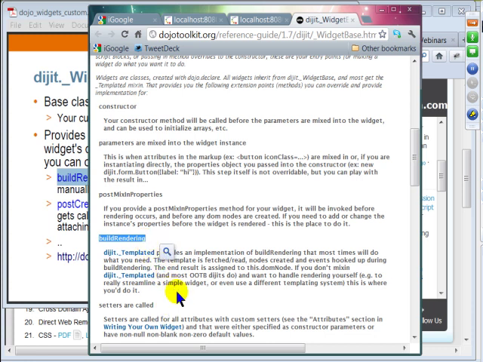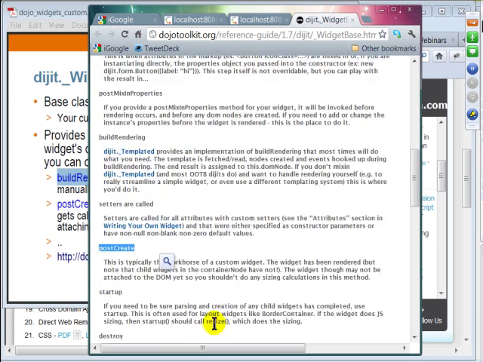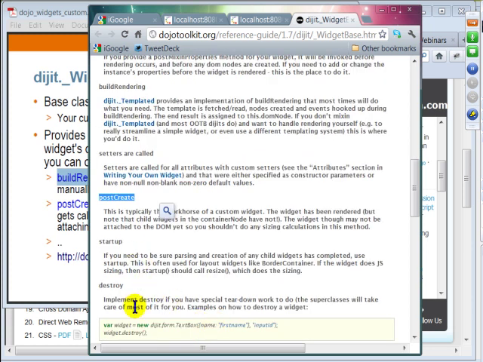So this is a method where you can actually create a DOM tree for your widget, and then setters are called, and then postCreate. Again, this is the major functionality that you want to implement for your widget. And then there are a few other things like startup and destroy. The destroy method will be invoked when the widget is destroyed. Okay. All right, so moving forward,